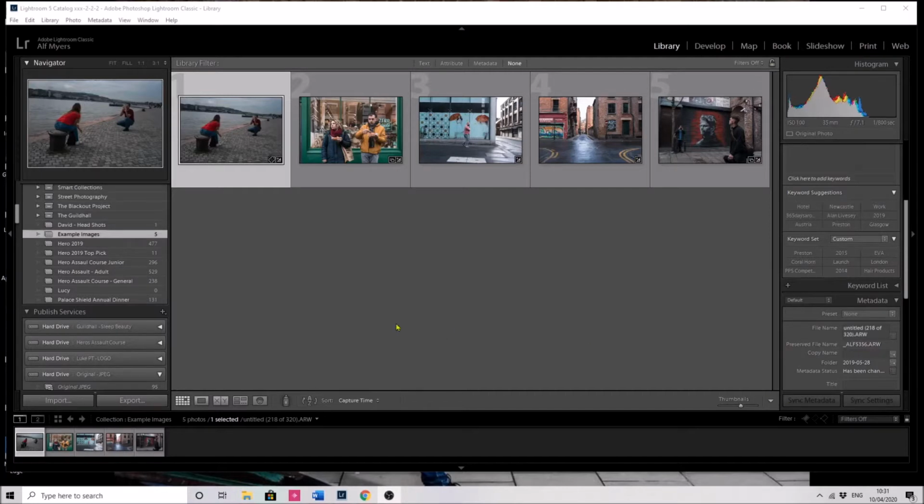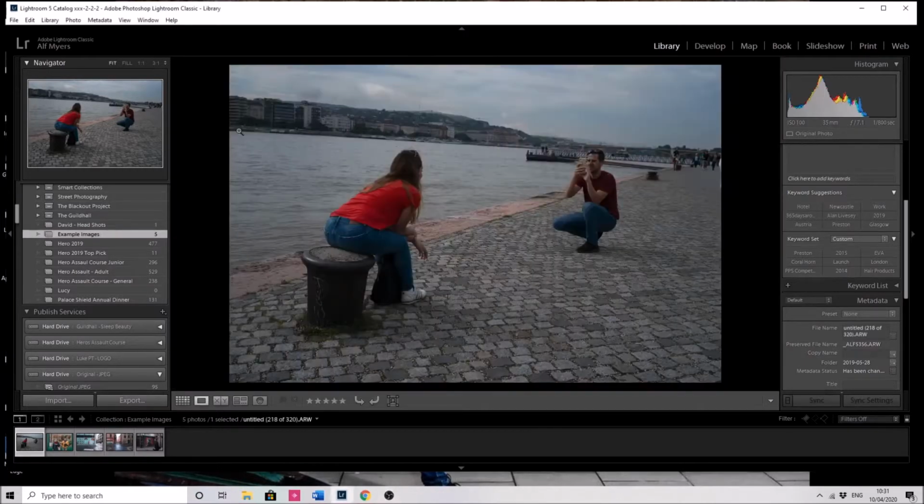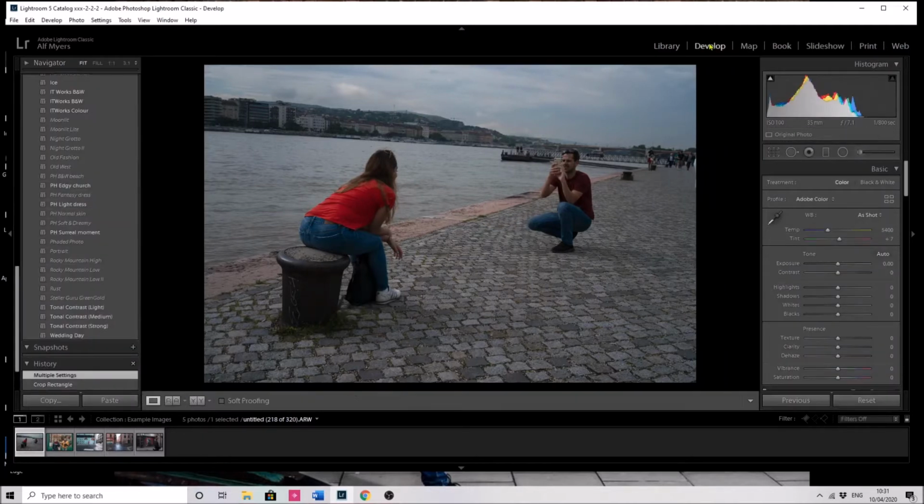I had a look through my images, and I don't have that many landscapes, so this is the closest I've got. Let's jump in and see where we go with this particular image. I'd like to crop it a little bit and take care of that horizon there, see if we can straighten it up and make it look a little more natural, as we'd expect to see it. So if I go into the Develop module, this time we're going to use the crop tool,